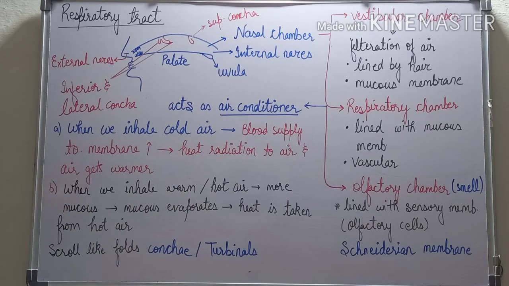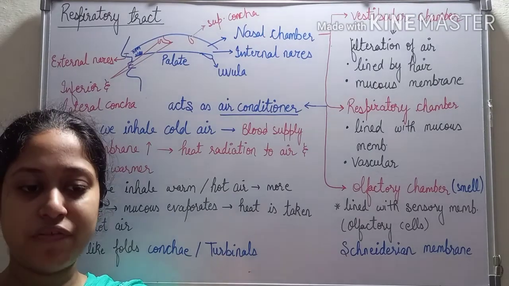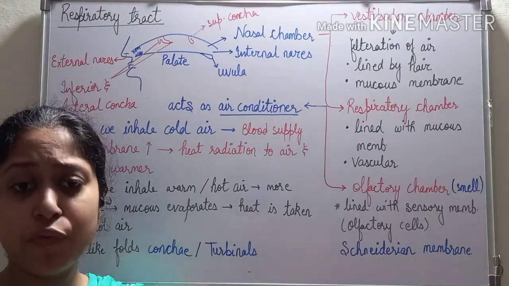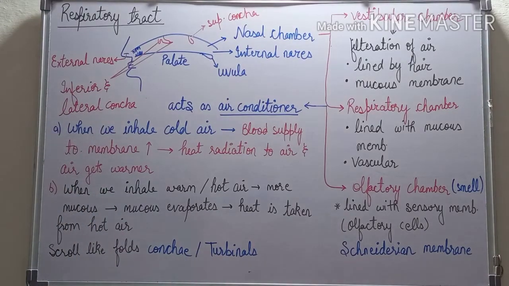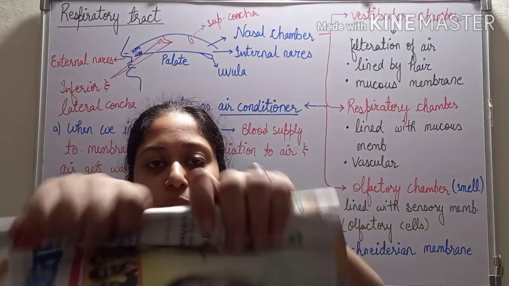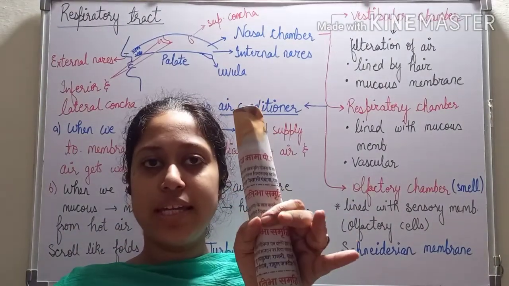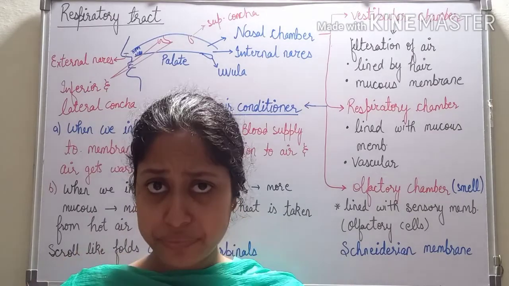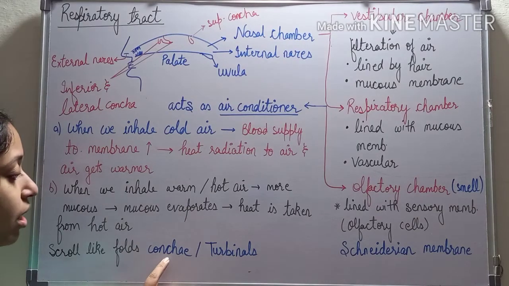And in the nasal chamber, there are certain scroll-like folds, like it appears like somebody has folded the paper. When we fold a newspaper, we get a scroll-like thing. Like, see, if we are folding a paper this way, this is known as a scroll. So scroll-like foldings are there in the nasal chamber, and those scroll-like foldings are known as